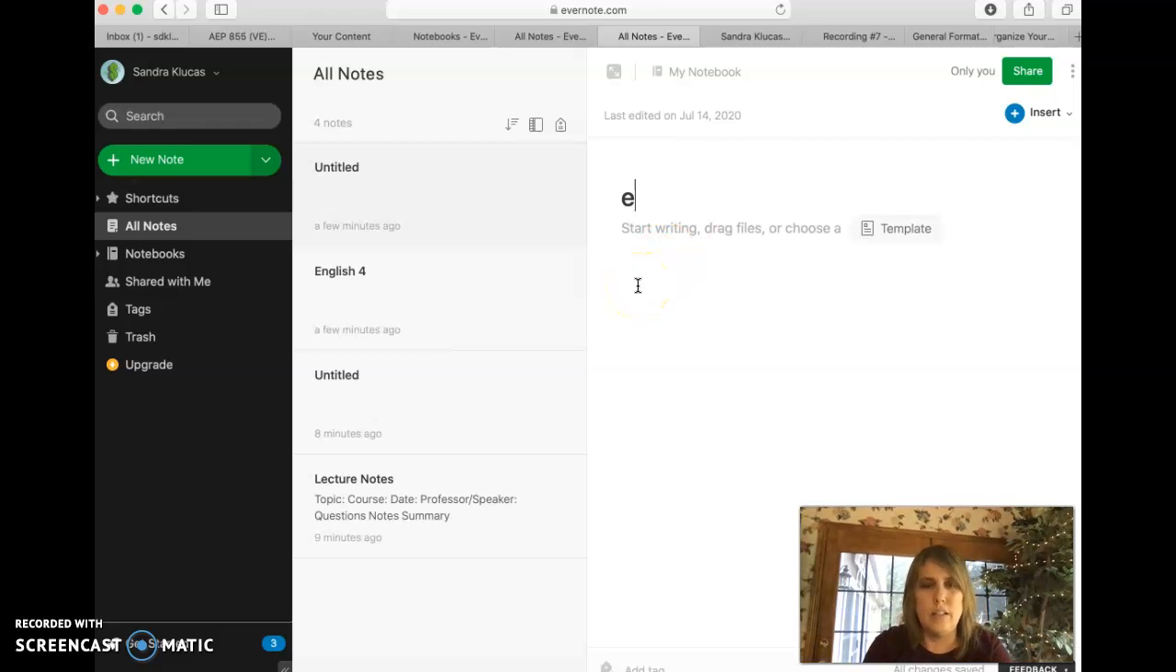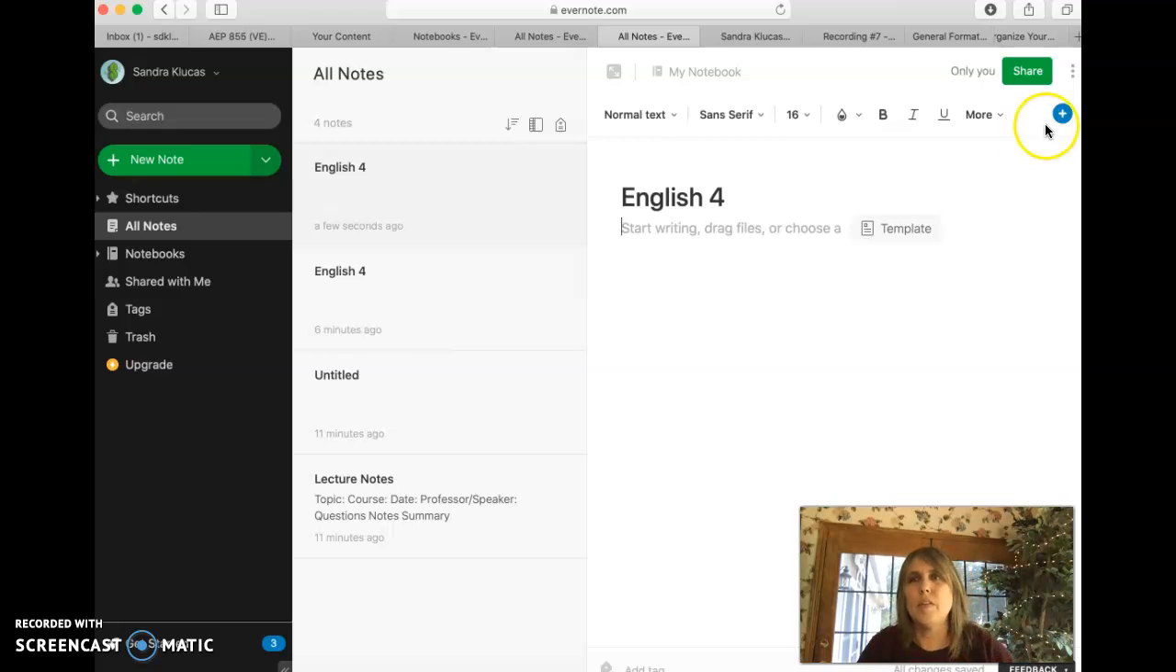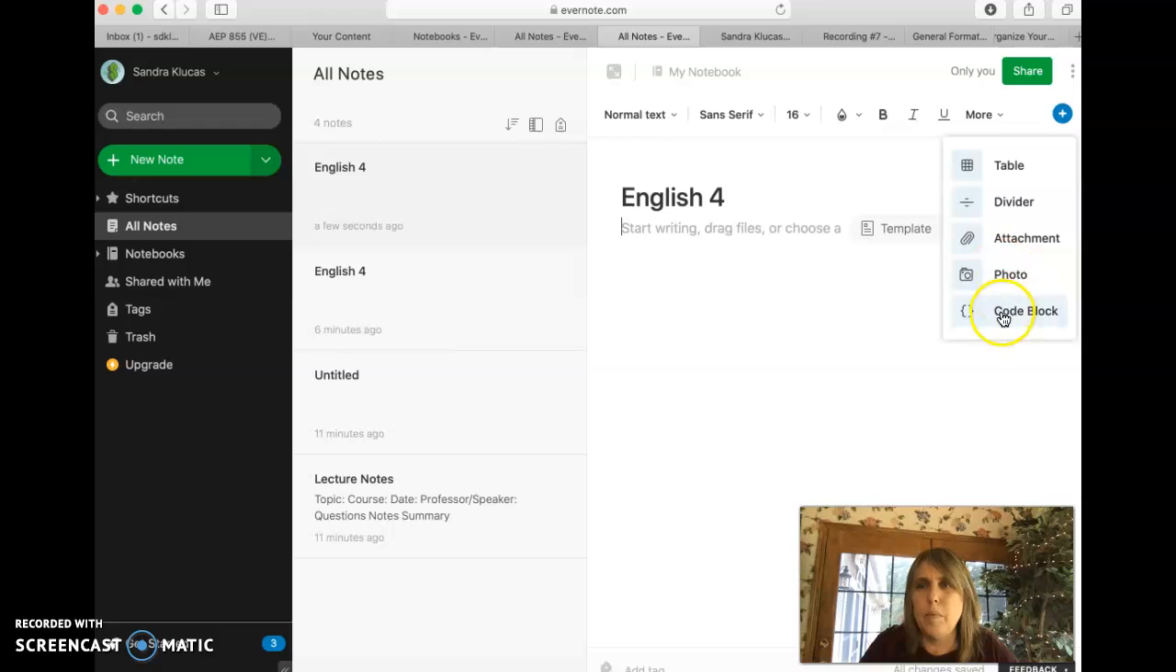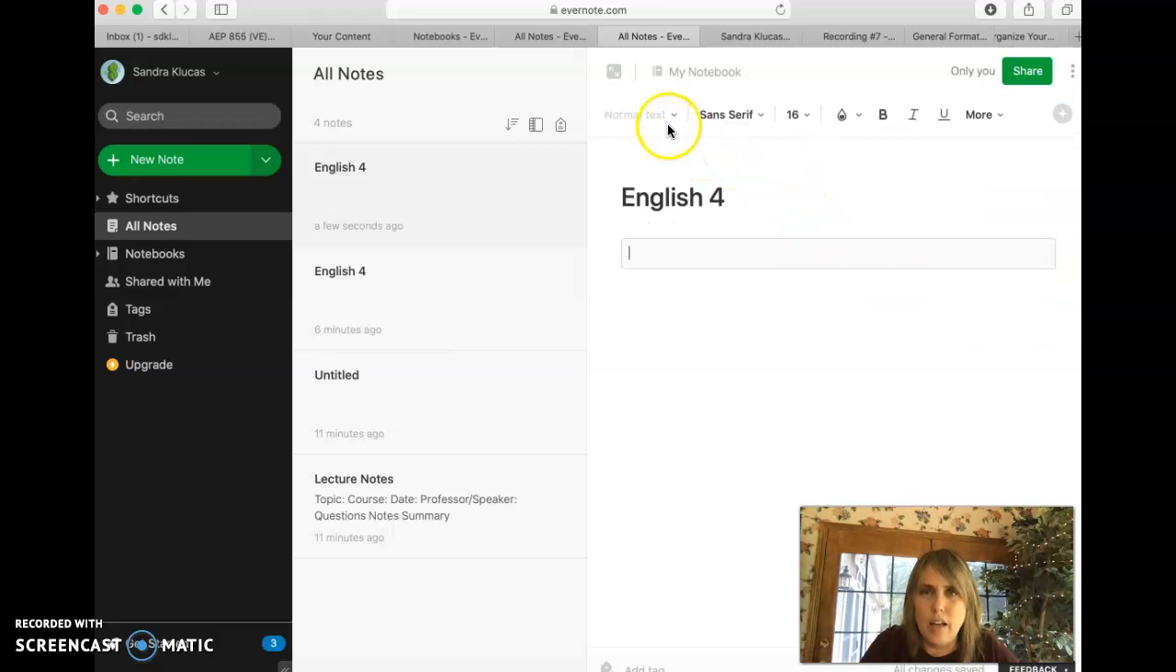So you can go to New Note, and you can make whatever sort of note you want. Let's say this is for my English 4 class. And let's say I want to share with them, I want to insert a link. So I could type down here if I want, but I want to insert a link. So I'm going to go to Code Block, and I found right here